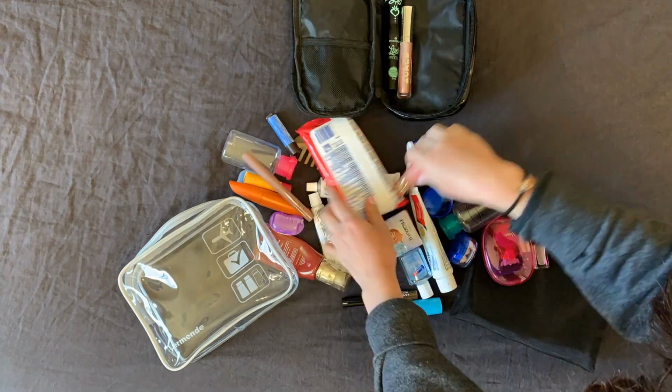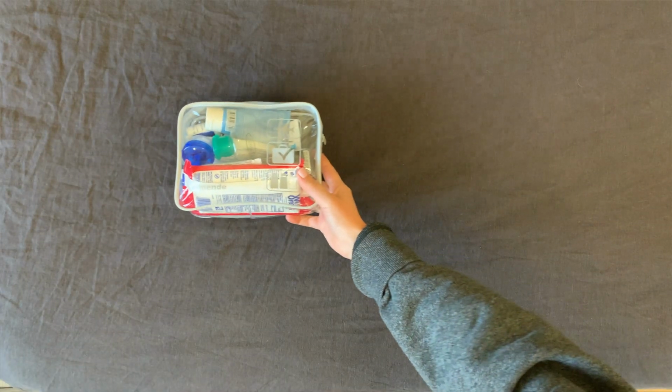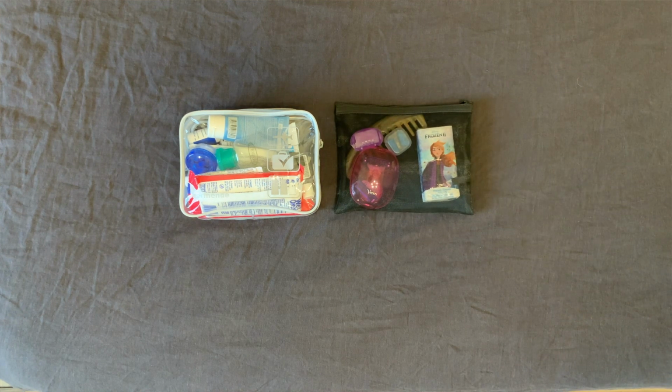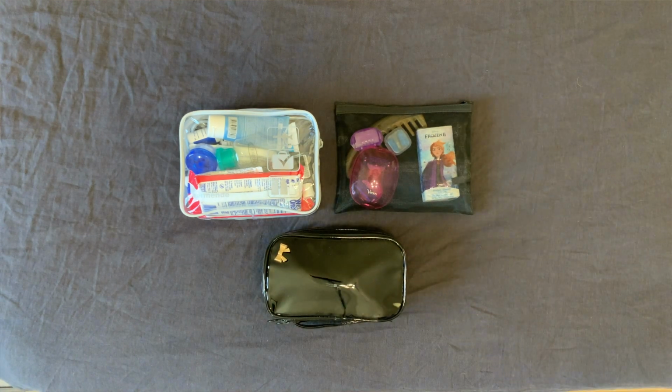number 3. I think as women we tend to need a bit more as far as toiletries and makeup than the men in our lives, and it can feel a bit overwhelming and also annoying to pack, especially if you're like me and you travel carry-on only and therefore have a liquids requirement on top of limited space to work with in your backpack. On this trip, this is what I'll be bringing, and I'm going to start with my liquids